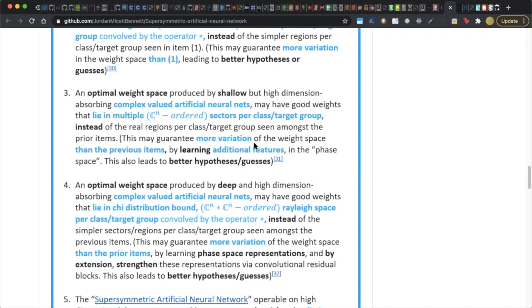So look at the item before. When you learn a solution space, or when you learn a solution, which is just a set of numbers that the model has turned out based on some input space, the resulting collection of numbers that you learn forms a space. And when you use convolution neural networks, and you convolve on those complex numbers, you end up with a Rayleigh space. The reference would have